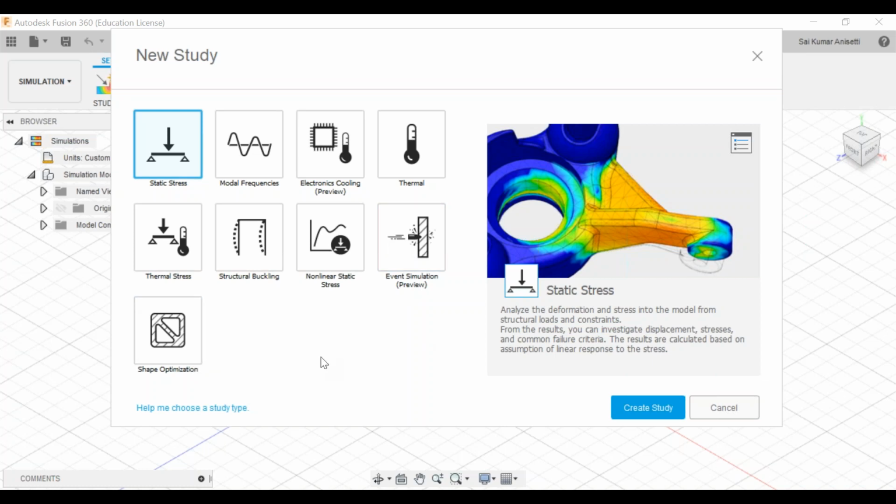And your shape optimization. Shape optimization is cross section optimization generally. If you have a rectangular bar and you want to make it hollow and add some ribs and some other cross section web underneath that, you can do that analysis. Generally this shape optimization goes with composites. So this is about the basics of this analysis. Then we will be limited to only static stress. That is what you have learned in your finite element methods. It is vast.